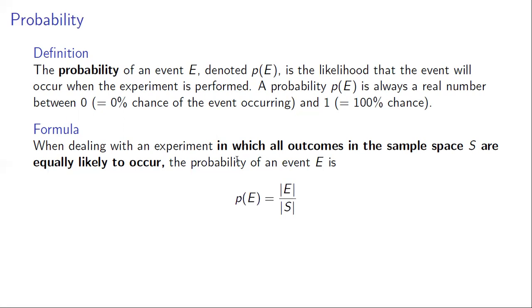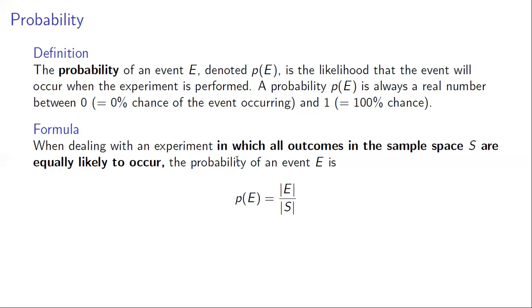The event I'm interested in is that I win. So you might say the probability that I win should be 1 divided by 2, because the event is that I win, and the sample space is that I win or I don't win. So there should be a 50% chance of winning a lottery. But that's obviously not true, because this formula doesn't work there. This formula is totally inapplicable, because the two outcomes, that I win or I don't win, are not equally likely to occur. They have very, very different likelihoods.